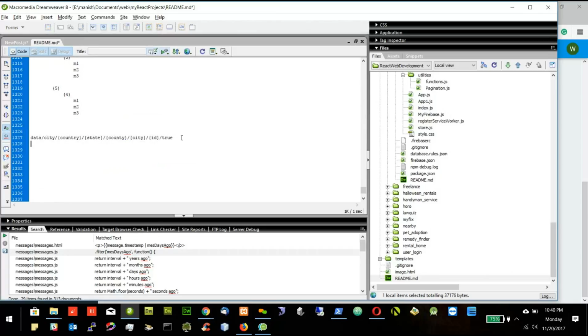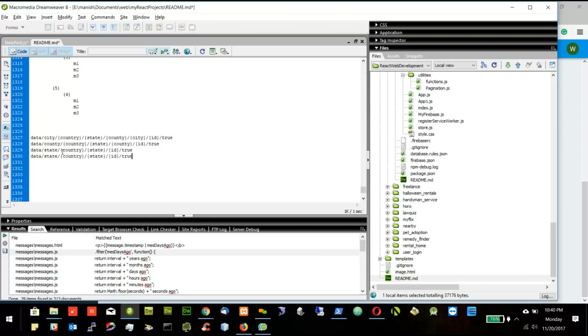But tomorrow, if the user wants to search in his county, what are the food donations in the county? So we will also create another path of county with country, state, county. I will not use city in this case, and I will say ID and true. That is the county. So tomorrow, if the user wants to search all the food donations in his state, I will use data state as a hard coded value, and then country, state, county will not be there. ID true. And if he is looking for California as a state, it'll be data slash California